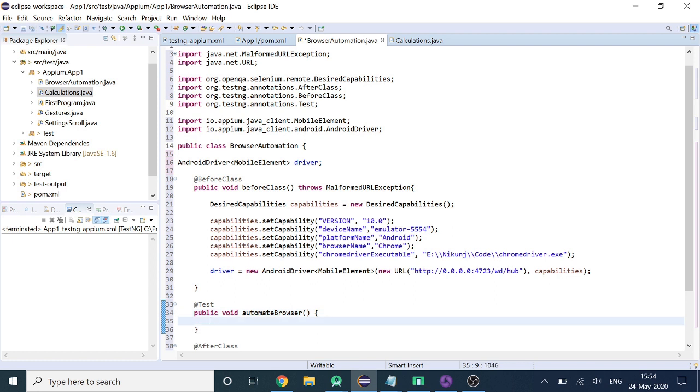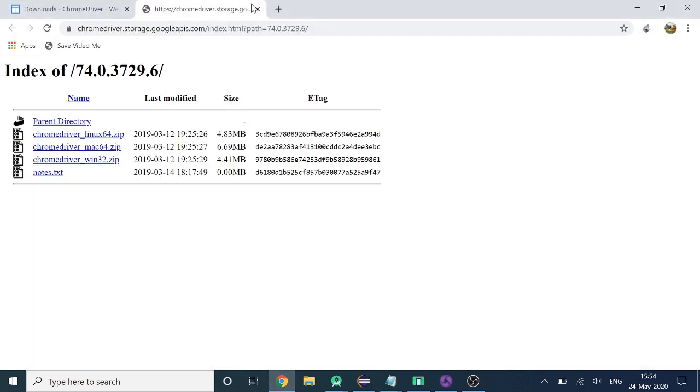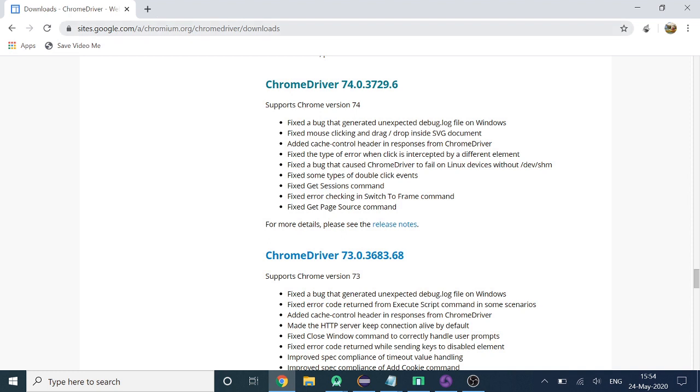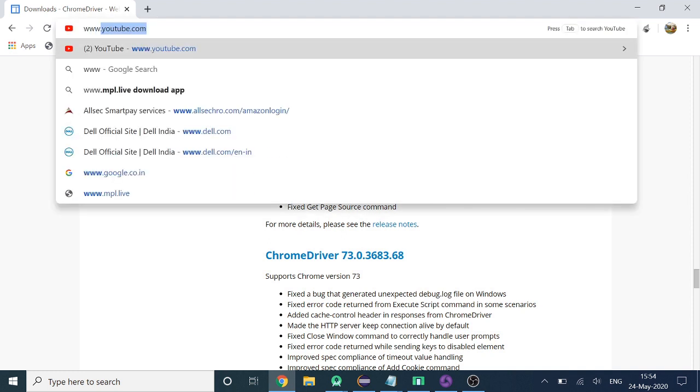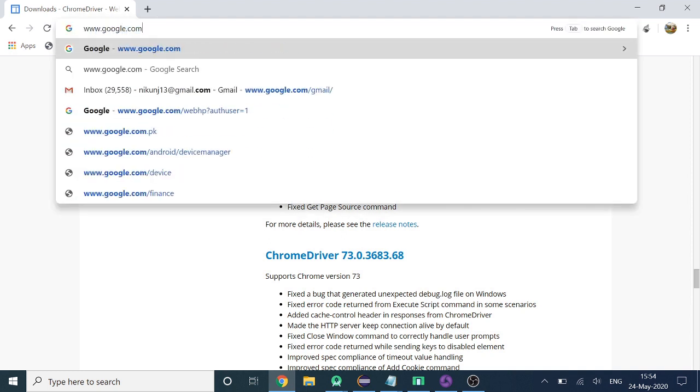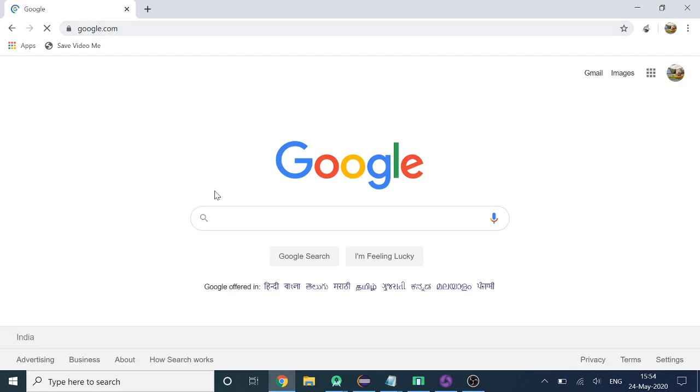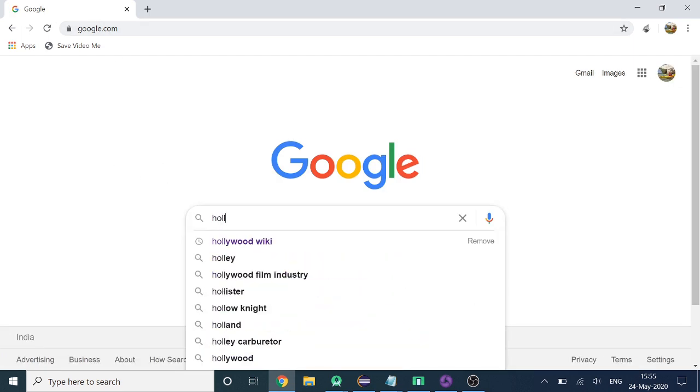Now in the test method, we'll write the test. I'm going to write a simple test of visiting www.google.com, searching something over here, let's say Hollywood Wiki, and press enter.